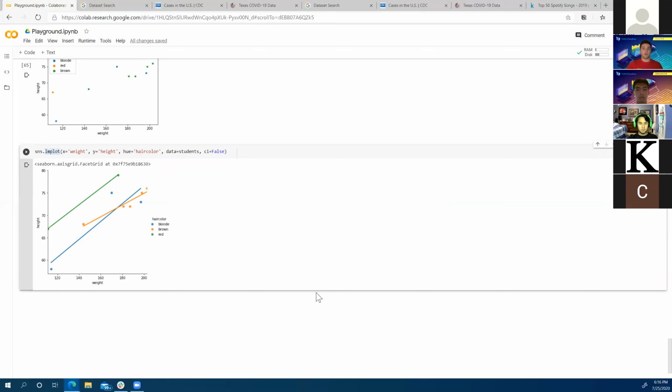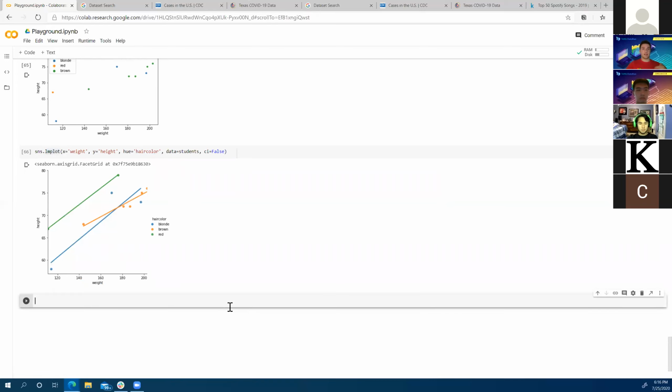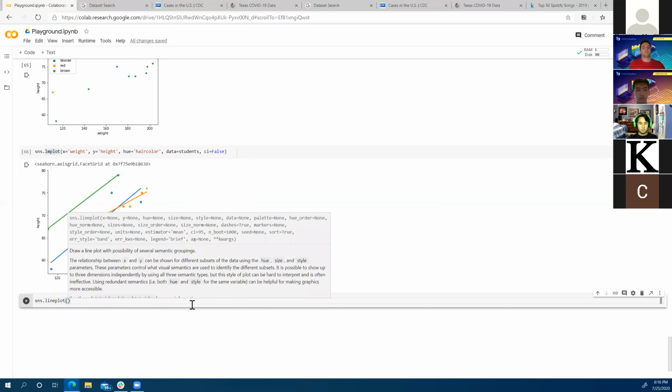If you want to do a regular line plot, so just connect all the points and you're not interested in doing a scatter plot, Seaborn offers, funny enough, a line plot.